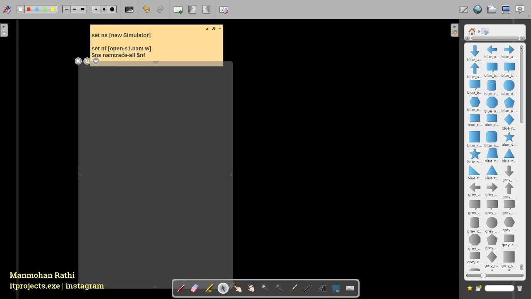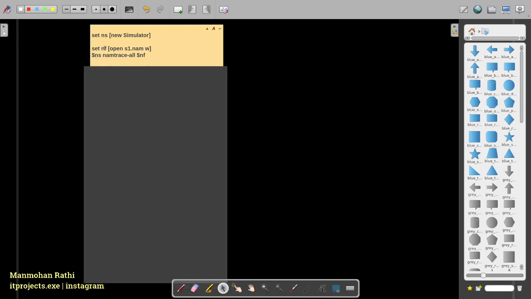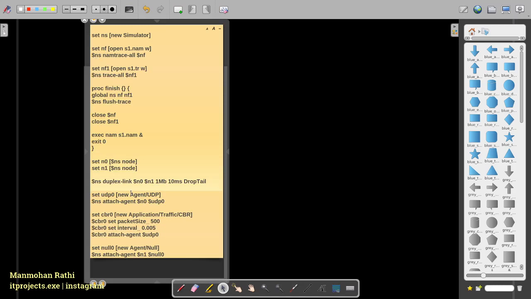So it creates a .nam file. s1 is the name of the file, and open means it will create and open the file and store it in this nf variable. Whenever we need to call the file further in the program, we just call nf, and we will be able to access that file and the data in it.